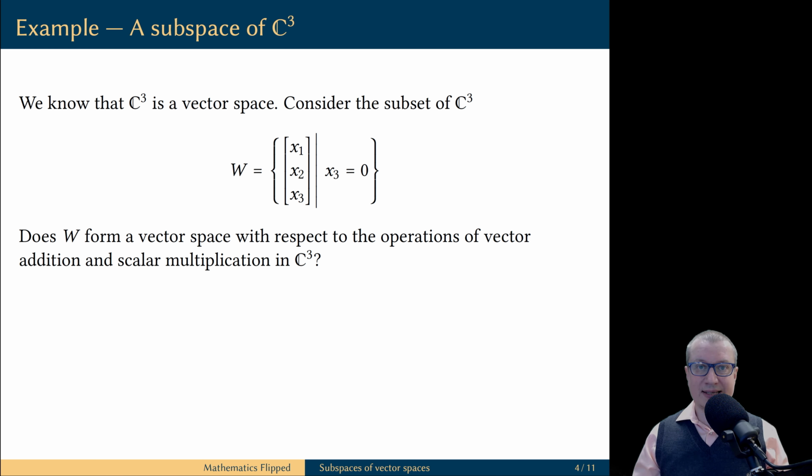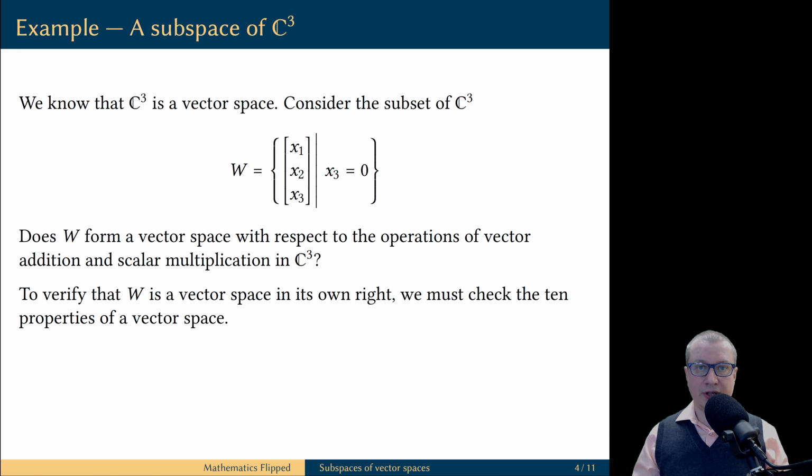W is going to be a subspace of C3 as long as it itself forms the structure of a vector space with respect to these operations. To verify that a structure is a vector space, we need to make sure that it satisfies 10 vector space properties. And this is no easy task, because it takes quite a bit of time and effort to verify all